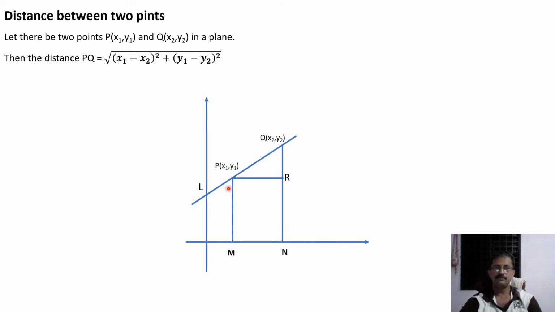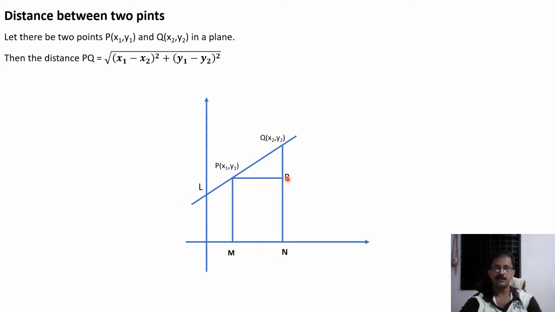Join them, and then some construction is required. From P drop one perpendicular to the x-axis. From Q also drop one perpendicular to the x-axis. Let the names of the points of intersection with the x-axis be M and N respectively. And also one more thing, we have to draw one perpendicular from P to QN to meet it